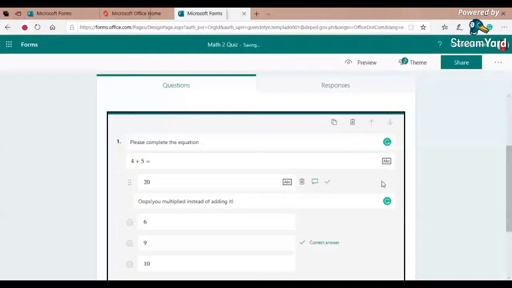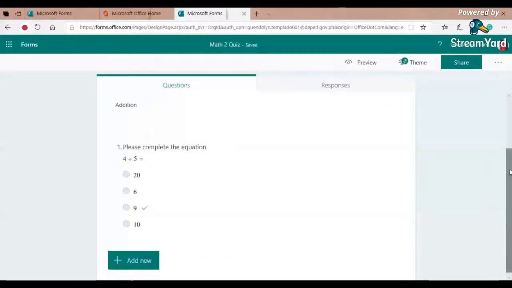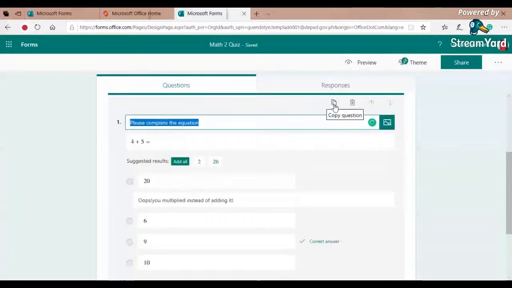Again, you can copy this particular question. You can delete this one by clicking this, and then you can move this question up or down.